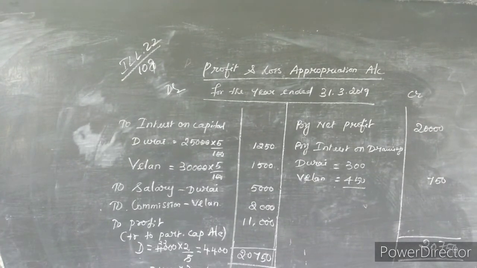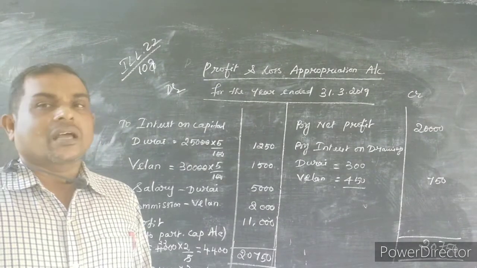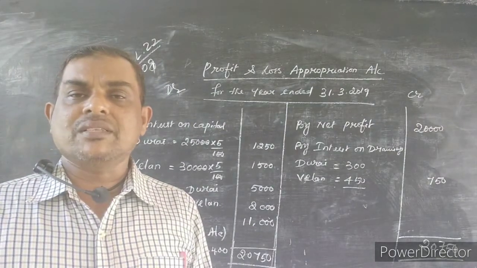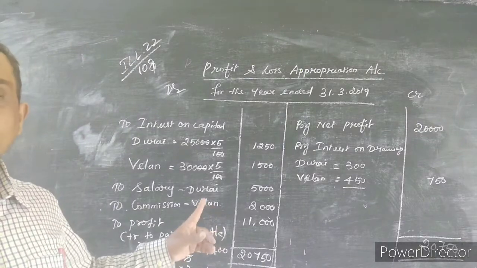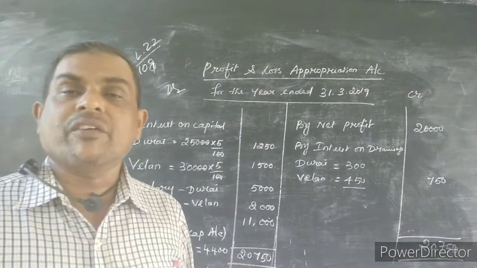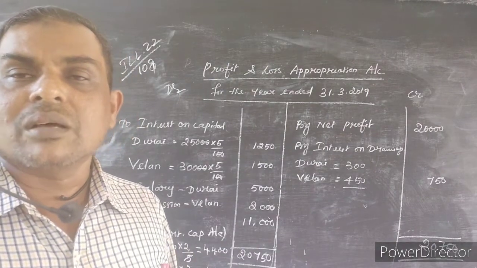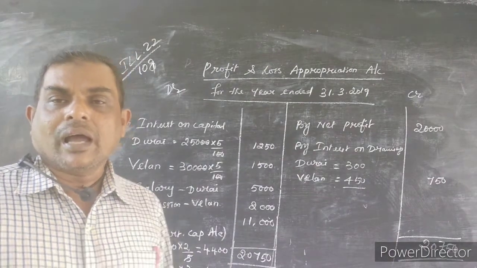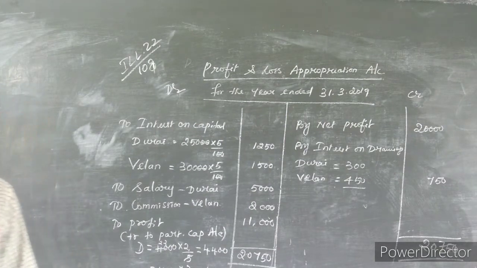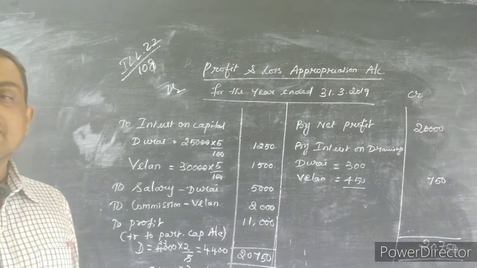Okay, so in the next class I will do 2 more sums. So I will finish this lesson. This is very important. Definitely it will come in the 5 marks sum. Profit and loss appropriation account will definitely come in the 5 marks sum. So you practice well, and if you have any doubts you can clarify in the online classes or direct classes.